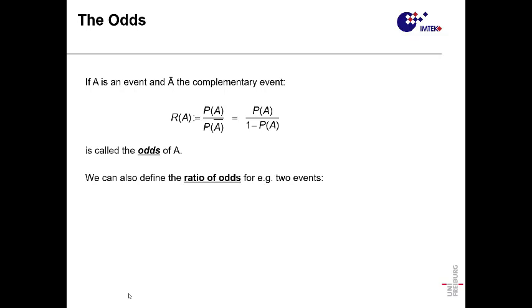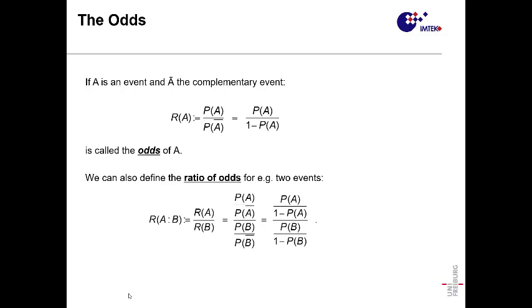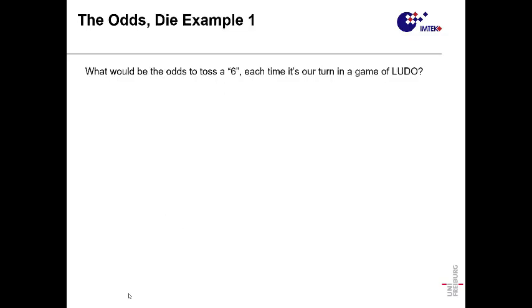Then you have the ratio of odds, which is maybe even more abstract, but it's basically the ratio of the odds of A over the odds of B. I'll give you an example in a few minutes so you can get it better. So basically, it's the probability of A to happen over the probability of A not to happen, over the probability of B to happen over the probability of B not to happen. And this ratio is interesting because it can be useful.